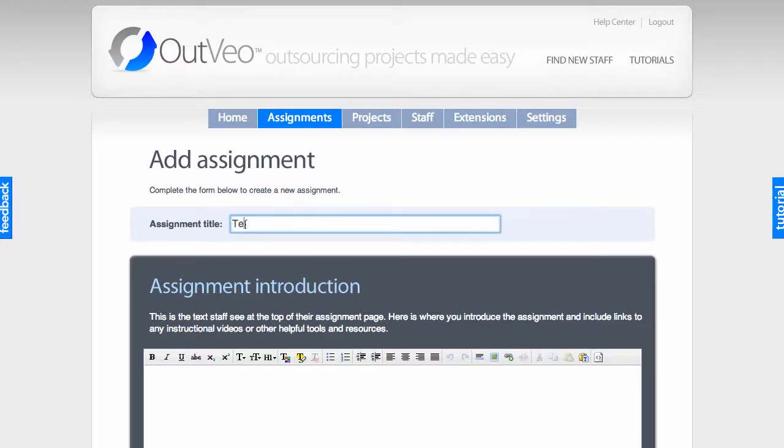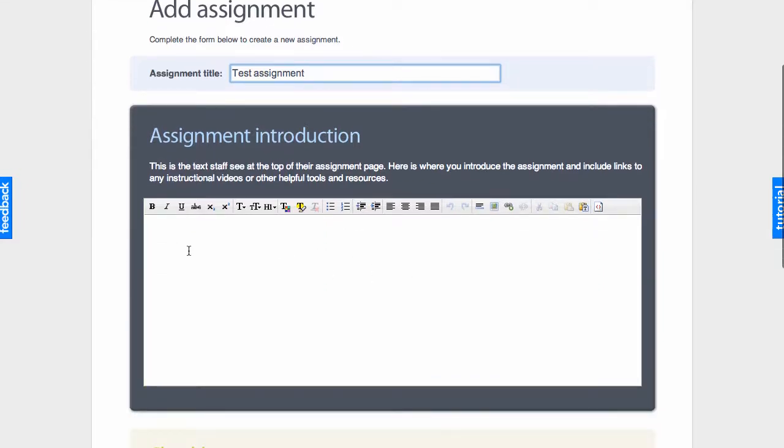So what we're going to do is create a brand new template here, and I'm just going to give it a title, just call it Test Assignment, just to give you an idea as to how this works. If I scroll down the page here, we've got an area here where we can then add our text instructions and also videos. So we could have like text instructions here,